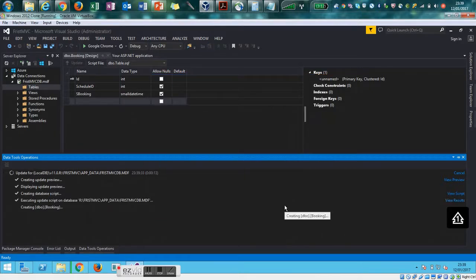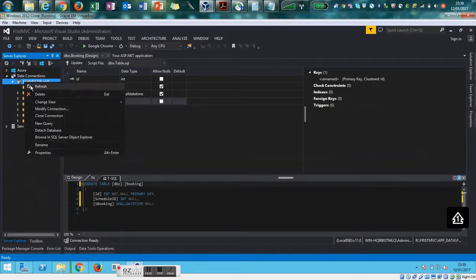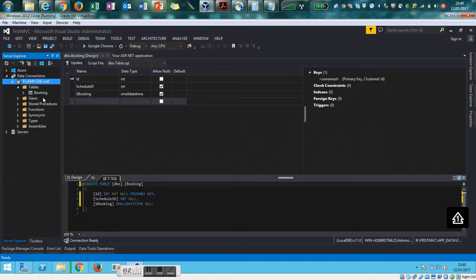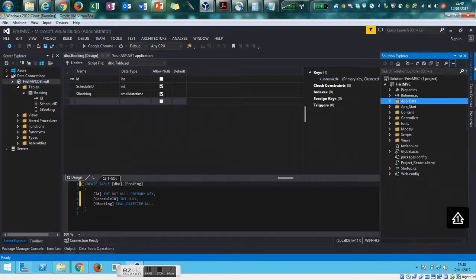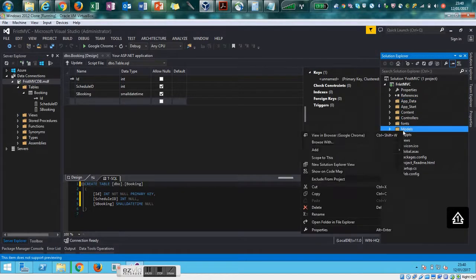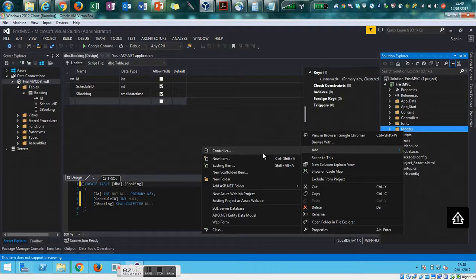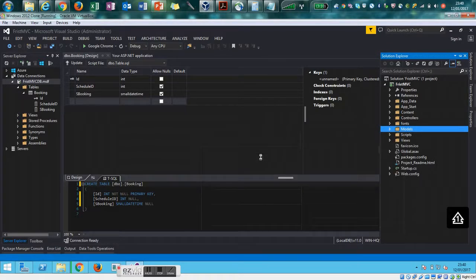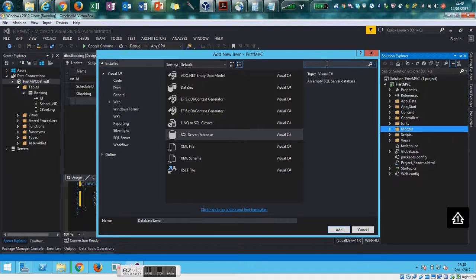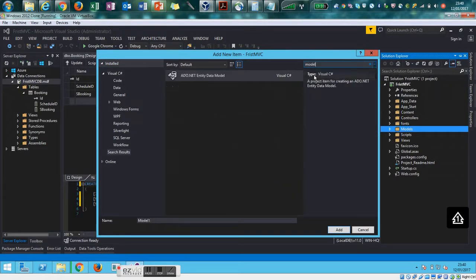Once we created our first table, we can now create the models. Remember, you will now create Entity Framework models from the database table. These models are classes that you can use to work with the data. Each model mirrors a table in the database and contains properties that correspond to the columns in the table. Right click on the Models folder, select add, and then click new. In the add new item window, select data on the left, ADO.NET Entity Data Model,